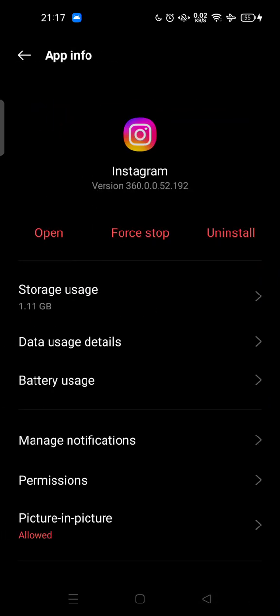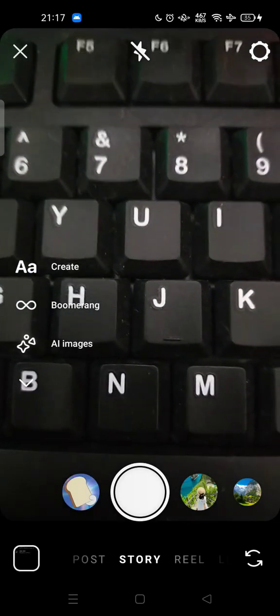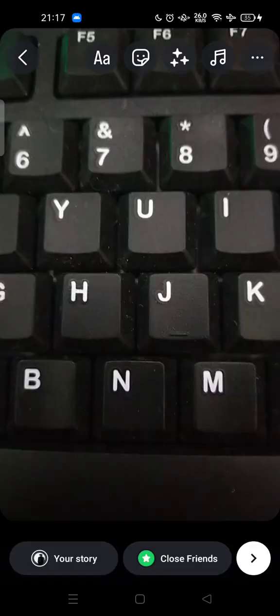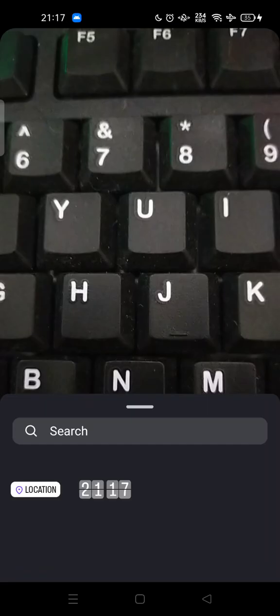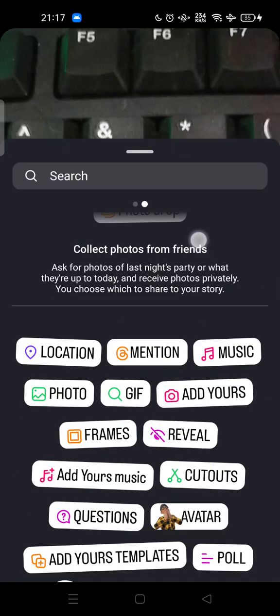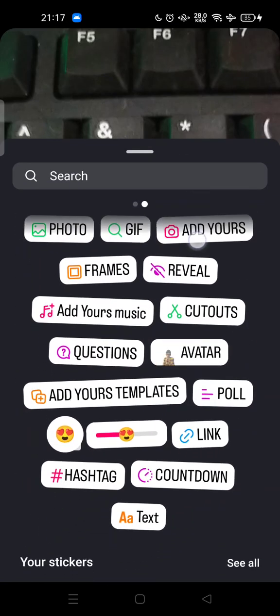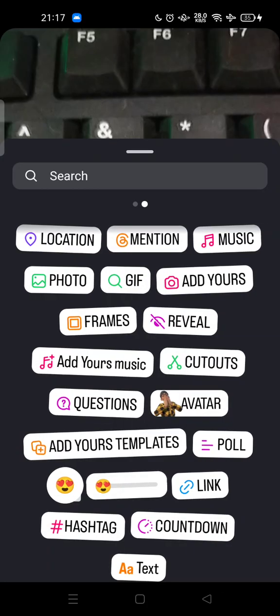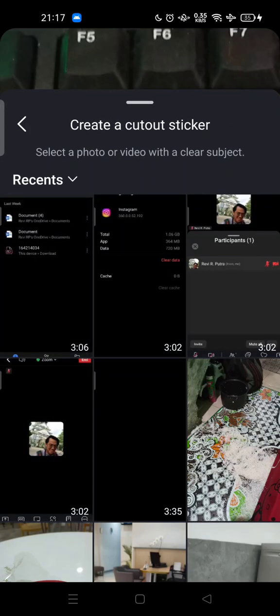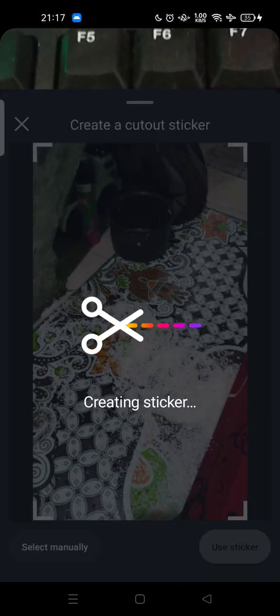After logging in to your Instagram, now try to create your own story first and see if the create sticker filter is showing up. Tap the sticker filter at the top of your screen and try to search for cutouts, this one with the scissors icon. Now you can choose the image that you want to create stickers from,